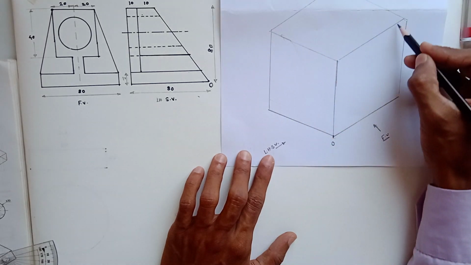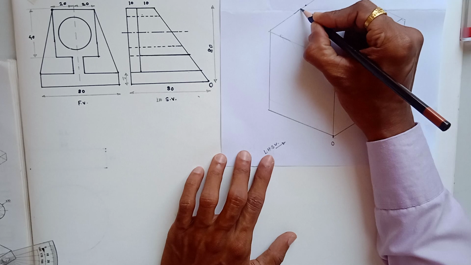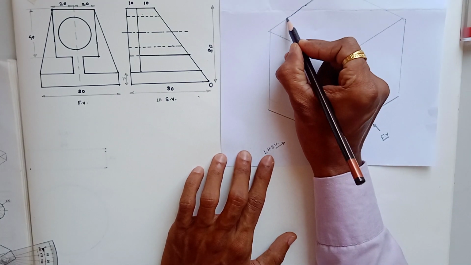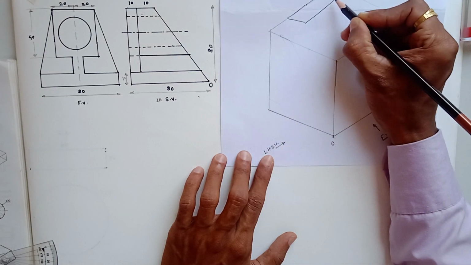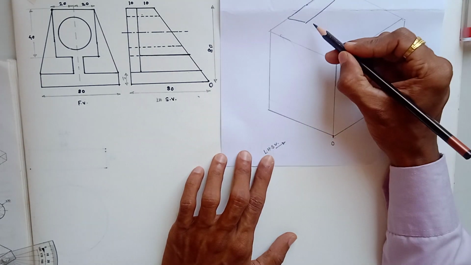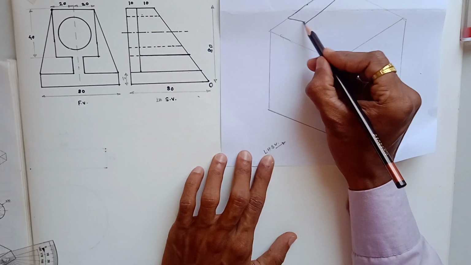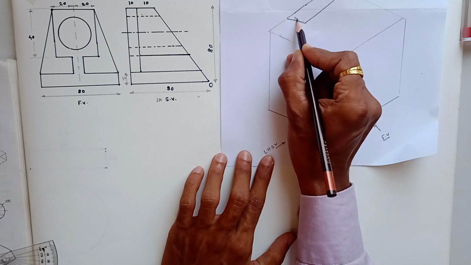If both views have a straight line, the part must be a rectangle. So on this top plane, you can mark the midpoint. From this midpoint, you can take the half distance, which is 20 mm. This is 10 mm, this is again 20, and this is 10 mm. In the front view, this is a straight line of 40 mm. In the side view, this is a straight line of 10 plus 10, so this is again 20.